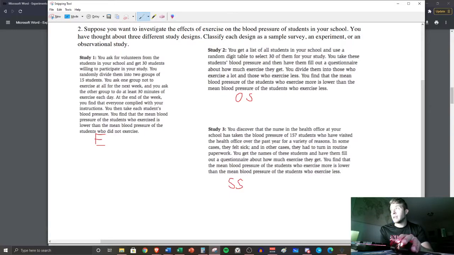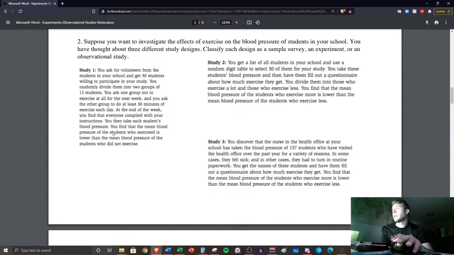Here, they do a random selection to eliminate that bias, right? This is not a random sample here. This also is not a random sample in study 1. So there's a lot of bias in study 1 and study 3. But study 2 does a good job picking randomly. You take students, have them fill out a questionnaire about how much exercise they get. You divide these groups into those who exercise a lot and less. You find the mean blood pressure of students who exercise more is lower than the mean blood pressure of students who exercise less. Okay, so that definitely sounds very much like an observational study where you're just recording it, but they do a good job of setting up the comparison groups in there. Okay, all right, so